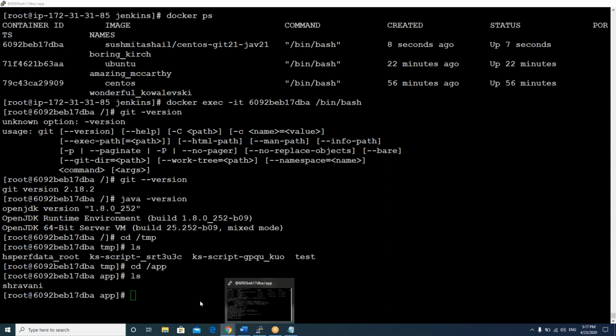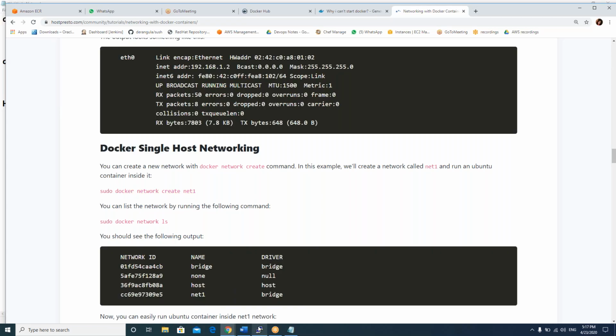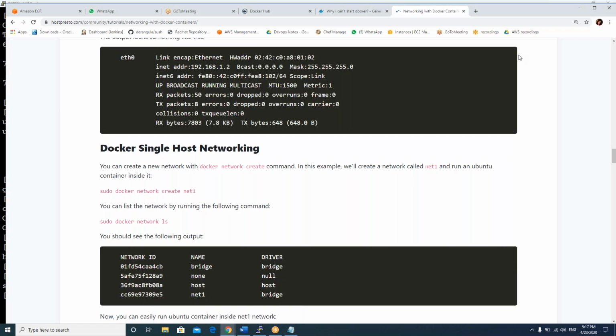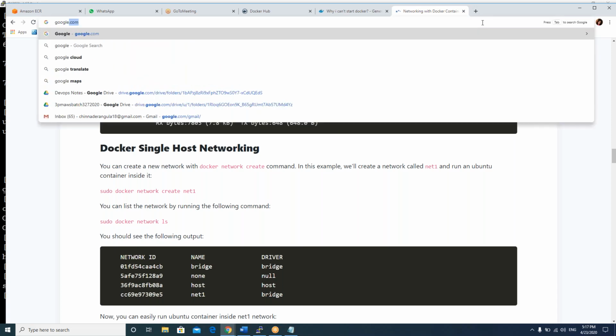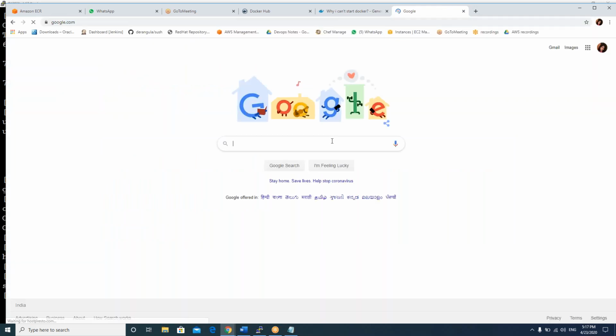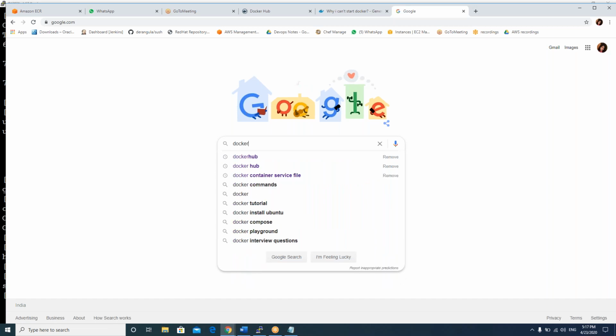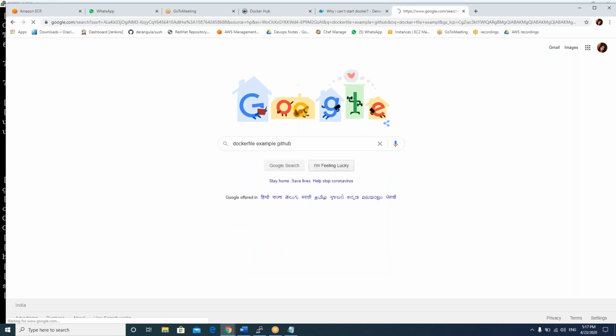Now let's see some examples in Google. Type Dockerfile examples in GitHub.